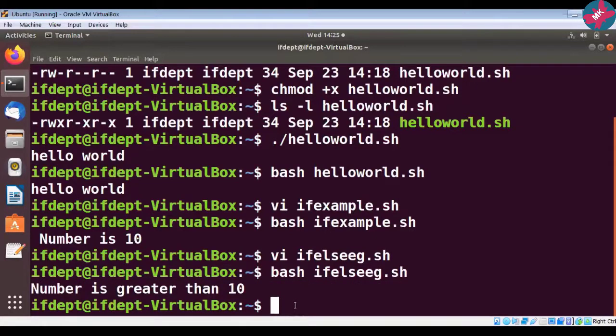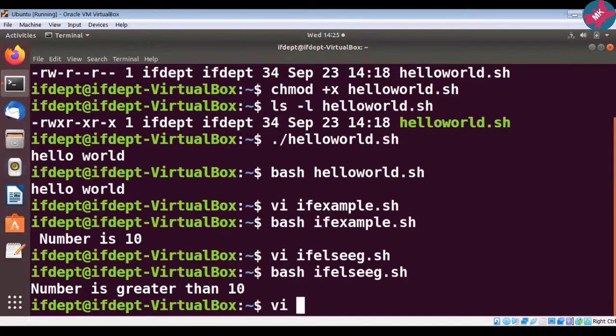Now let us take one example for multiple ifs. Here I will take one simple example where we will check whether a number is positive, whether it is negative, or it is equal to 0.